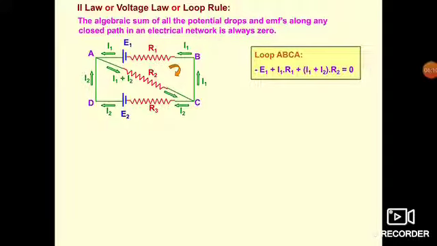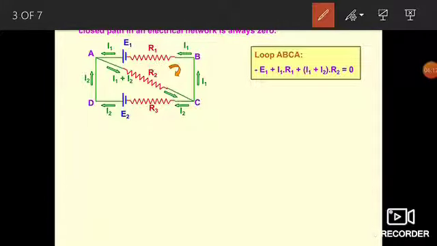Now I will try to show you with the help of the figure that here, I1 plus I2 is entering in R2, so this terminal of R2 becomes plus and this terminal of R2 becomes minus. Similarly, as I2 is entering in R3, this terminal becomes positive and this terminal of R3 becomes negative. In the same way in R1, because I1 is entering here, this terminal becomes plus and this terminal becomes negative. Remember one thing.